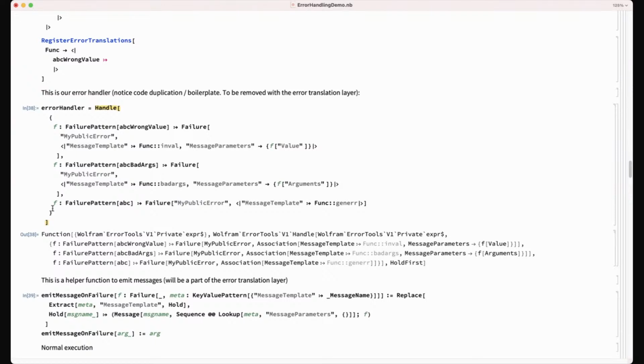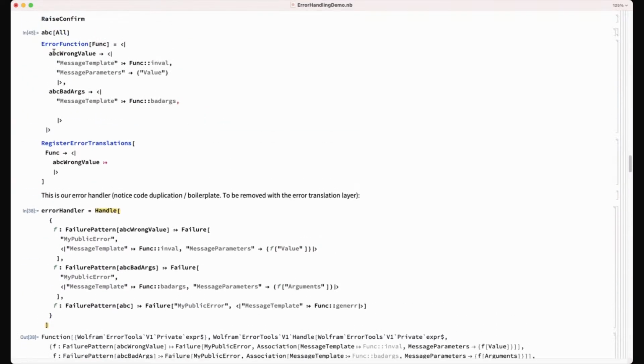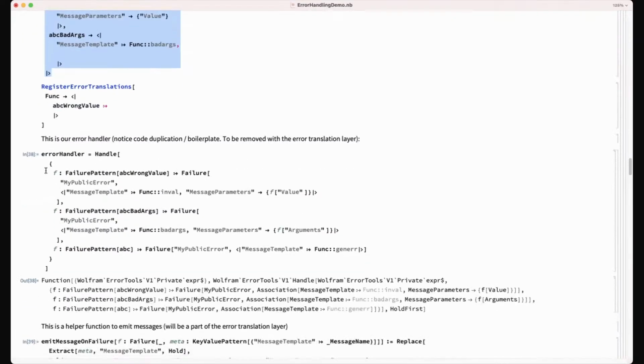What is that doing? That's basically just saying those are the right-hand sides: whenever I catch ABC bad args, here's what I want the default right-hand side to be. Is that correct? Yeah, because it's much more declarative this way. Yes, I get it.